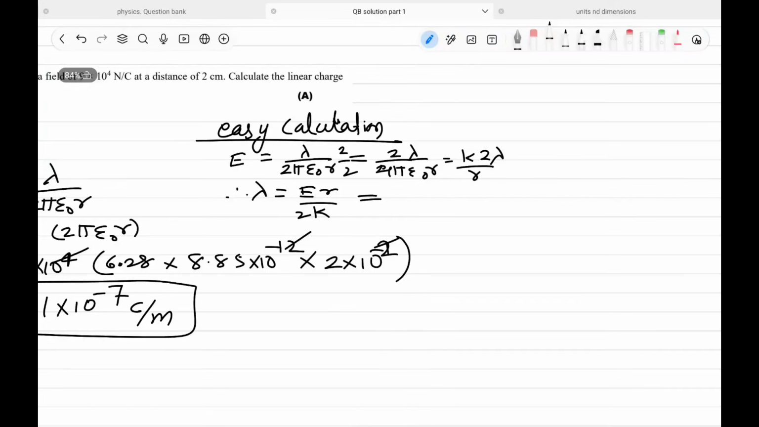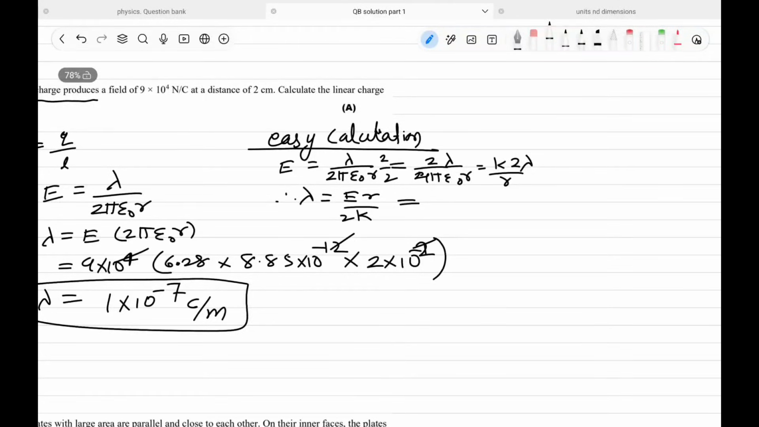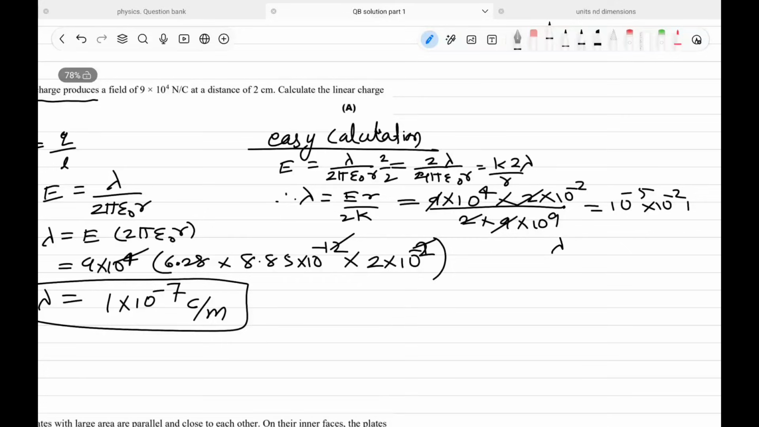So E, how much is it? Electric field 9 into 10 to the power 4, r is 2 centimeter, 2 into 10 to the power minus 2, divided by 2 into 9 into 10 to the power plus 9. ओके, 2 से 2 कट हो गए और उसके बाद 9 से 9 कट हो गए, यहाँ पर 9 minus 4 becomes 10 to the power minus 5, this one 10 power minus 2, it is 1. Therefore, lambda is equal to 1 into 10 to the power minus 7 Coulomb per